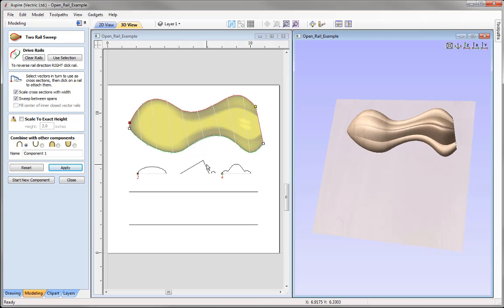Let's take this triangular shape here. I'm just going to apply that somewhere along this rail. Okay, so I'm going to put that in there. Now we can also look at altering the position of the cross-section's start point and end points once they've been